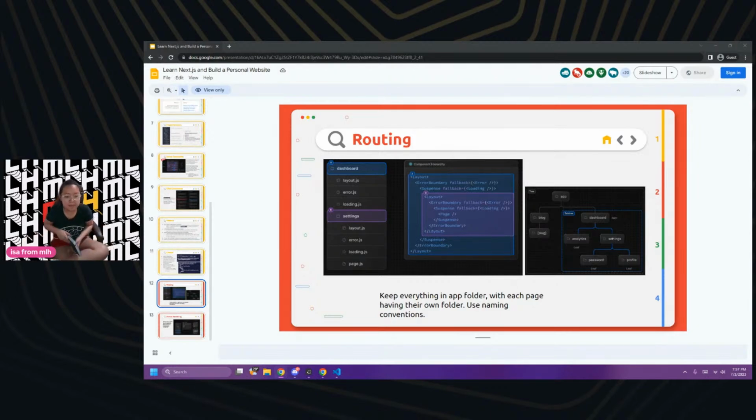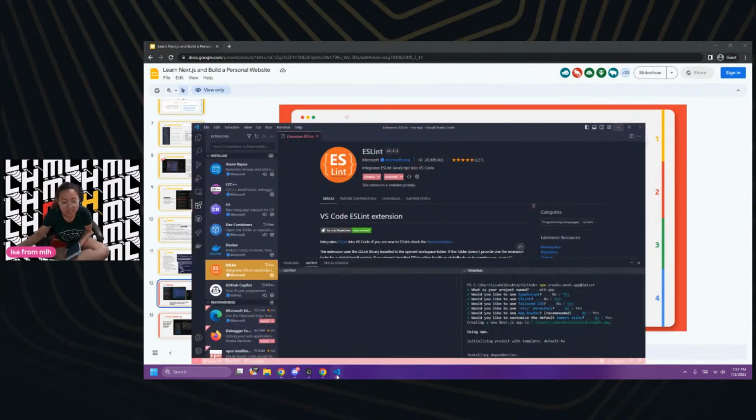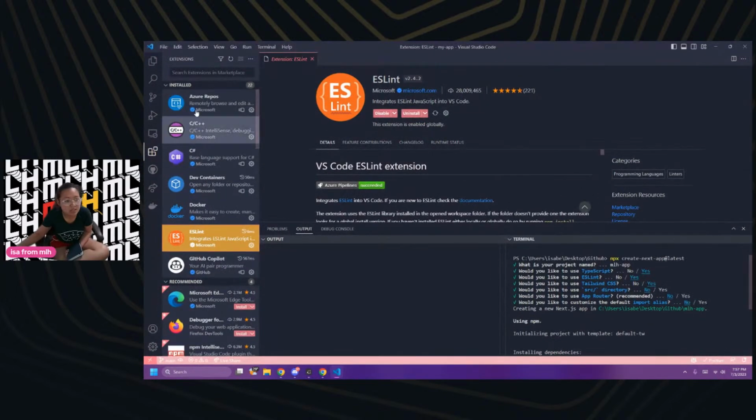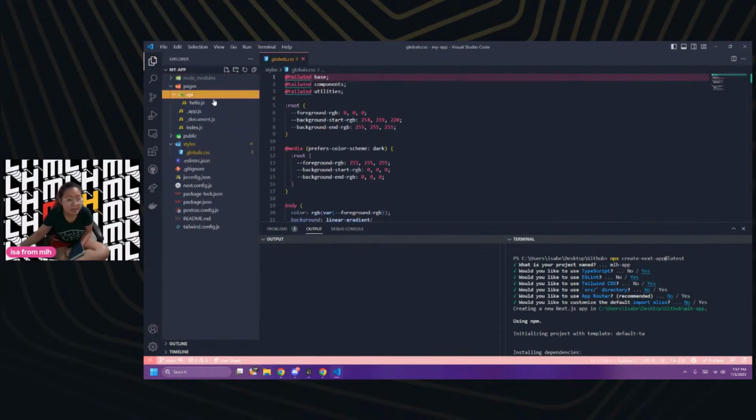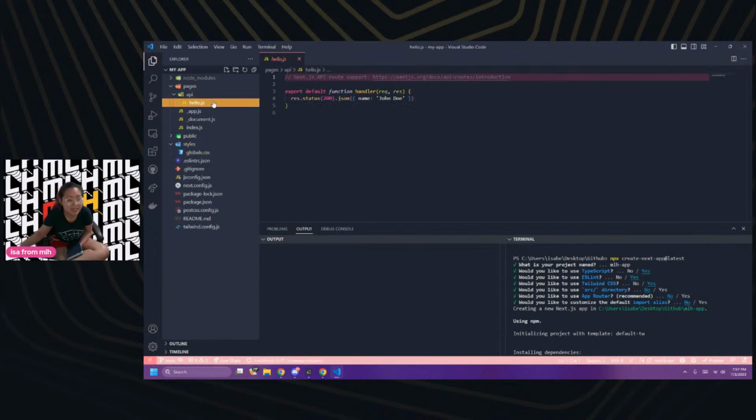But have I explained everything about the folders? So we have our styles for the styling, pretty self-explanatory. Our API, if you want to make your own API, is here. Pages has everything. Underscore app is like index.js in React.